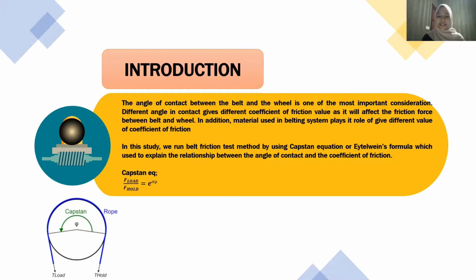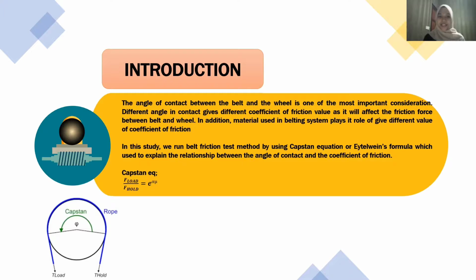In belting system, there are two important factors that need to be considered. One of the factors is the angle of contact between the belt and the wheel. Different angle of contact gives different coefficient of friction value as it will affect the friction force between belt and wheel. In addition, material used in belting system plays a role in giving different values of coefficient of